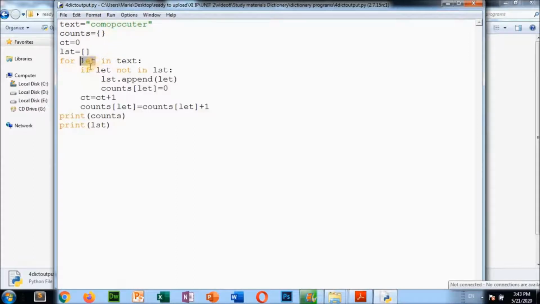If let not in lst, that means the letter it takes from this text, com... The first value of let is c. If c not in lst, is there c in lst? No, this is empty. So lst.append(let). Already you know how to append a value into a list. So now the value of the list is c.